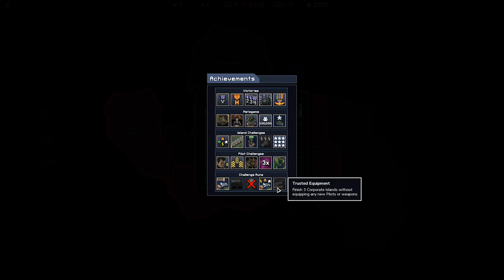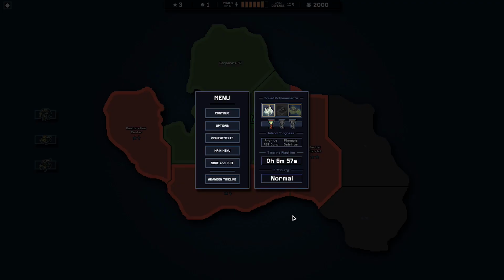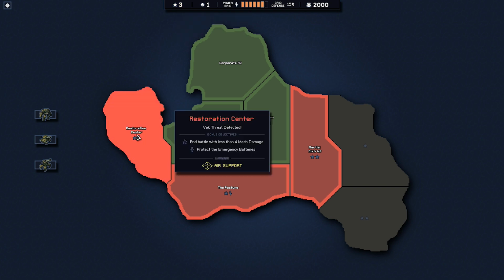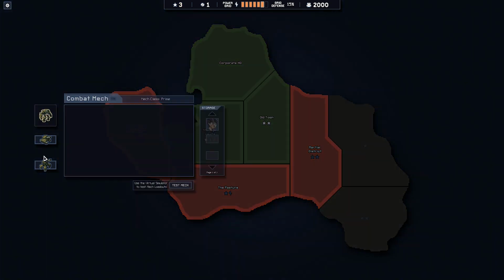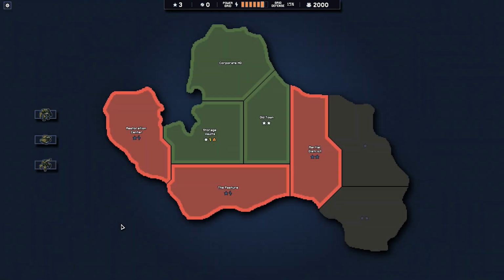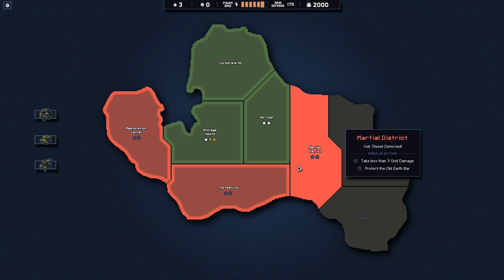Since we are doing the achievement, we cannot equip any new pilots or weapons. But it's basically +1 corporate reputation. That will make it easier to get 9, to buy 3 reactors at the end. Let's use this reactor right away, shall we? We'll make buildings immune, that's always useful to have. And next up...